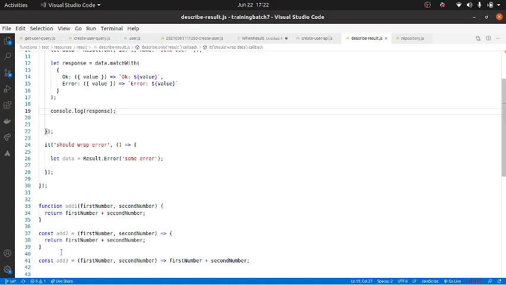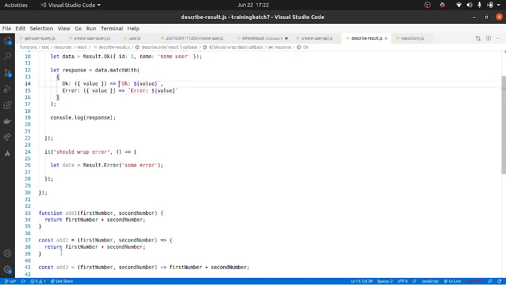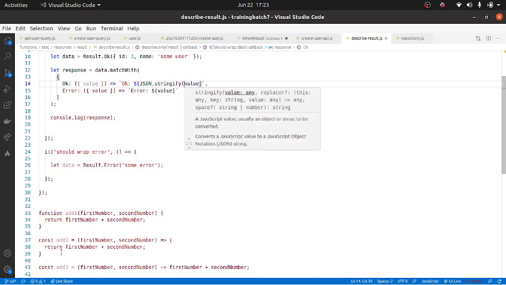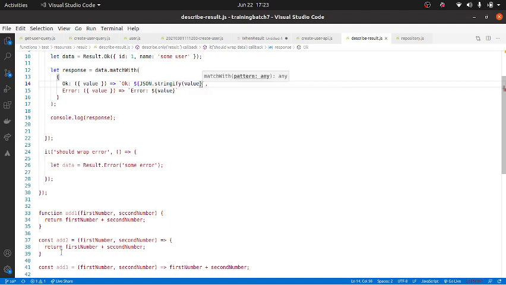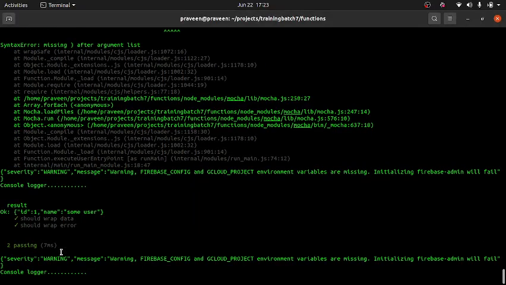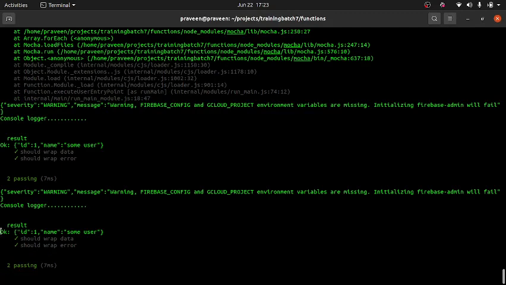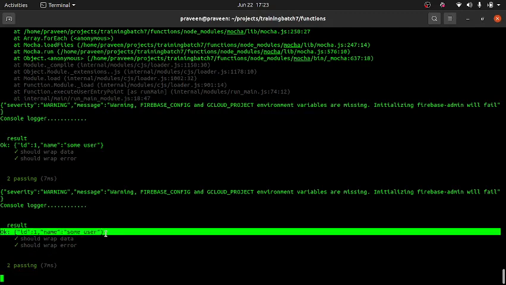Let me make sure the value is an object. So let me do JSON.stringify. So you look at this, it is telling ok, and the object is printed.